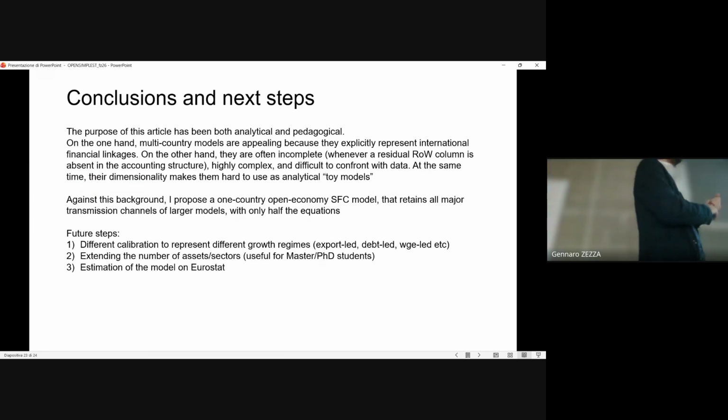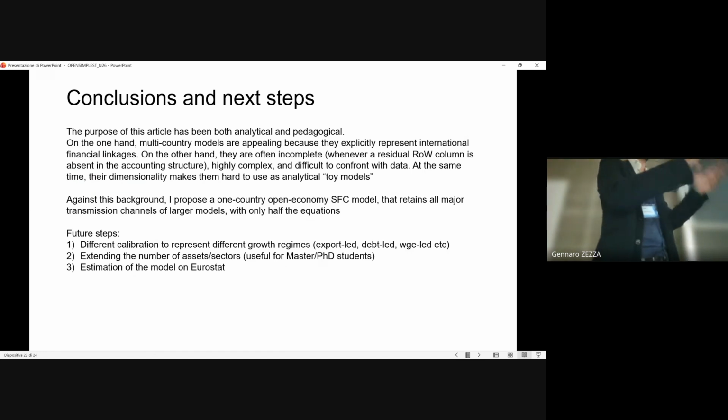The second one will be another paper that shows how to extend the model in simple ways. The first way would be adding sectors or adding assets. And if one wants to go deeper, you can always go back to the OpenFlex and add stuff there. But this will be, I think, important, especially at the master level. Think of a master student who wants to do a thesis. This is something that they can do by themselves: take this very simple model and extend it in ways that could be interesting for you.